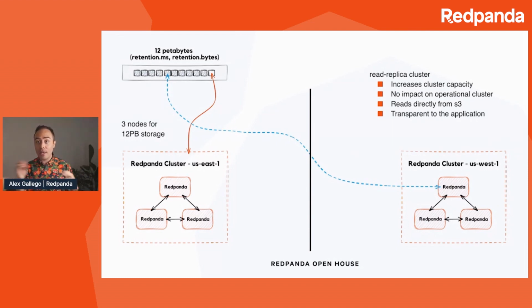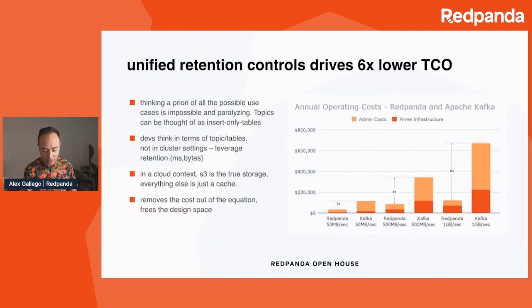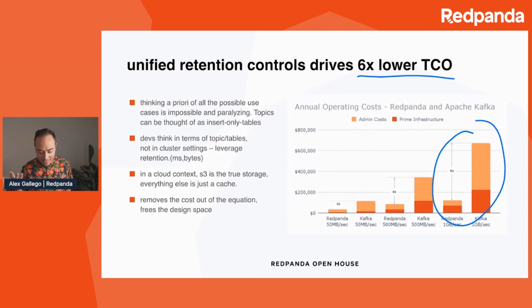And this is a big fundamental departure from how, at least, we were thinking about Redpanda cross data center replication, etc. We simply upload it into S3. And at the end of the day, for those of us that have to sign checks for consuming systems, this is the thing that matters. It's like driving a 6x TCO, which comes from the fact that you no longer have to represent the entirety of the data on local disk, right?